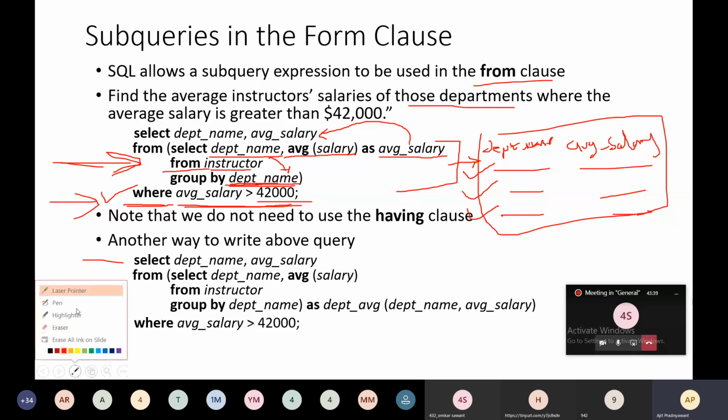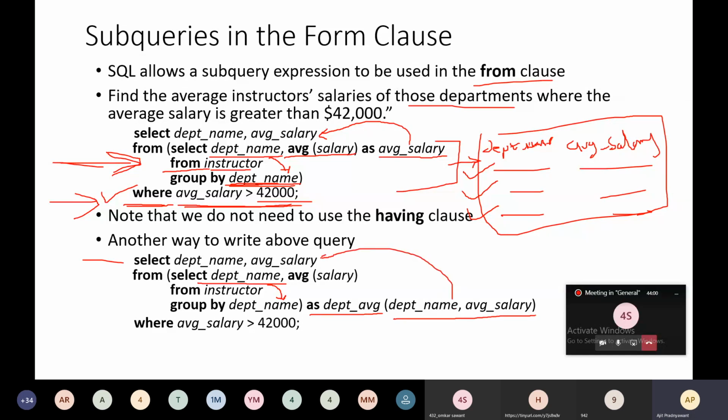Only thing is that we have mentioned over here, select department name, average salary. So department name is present by group by, and we have just renamed it as department average, department name comma average salary, which is present in the select clause.